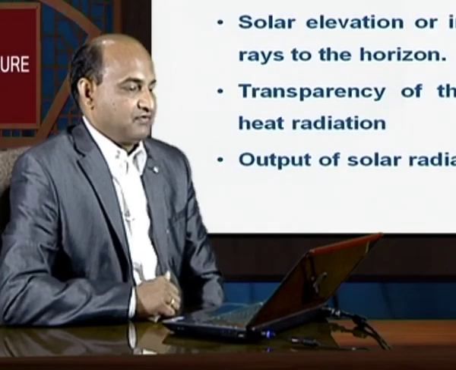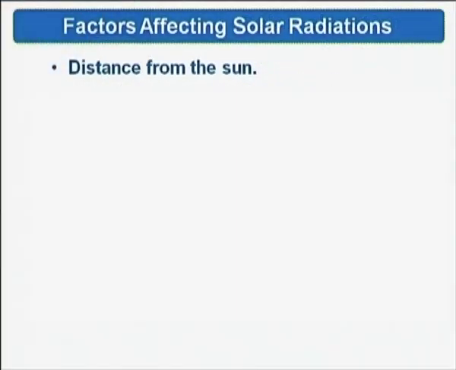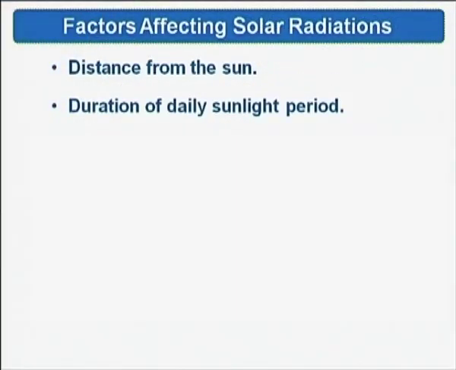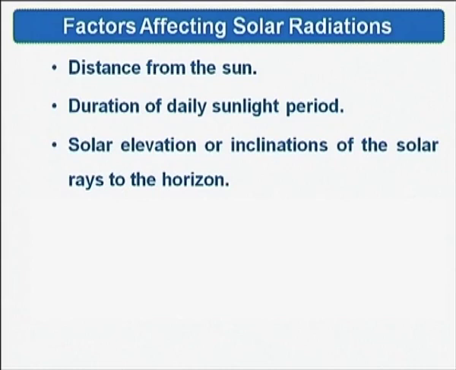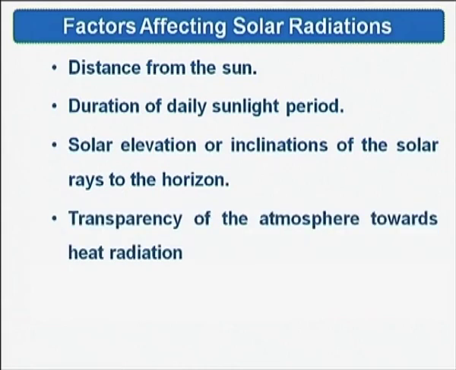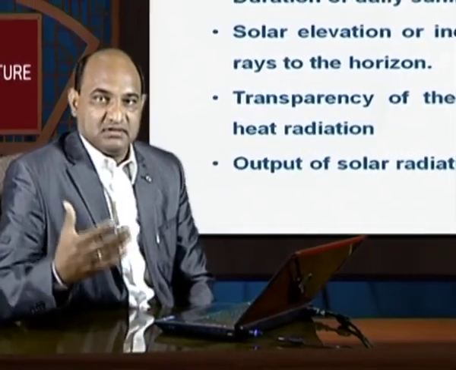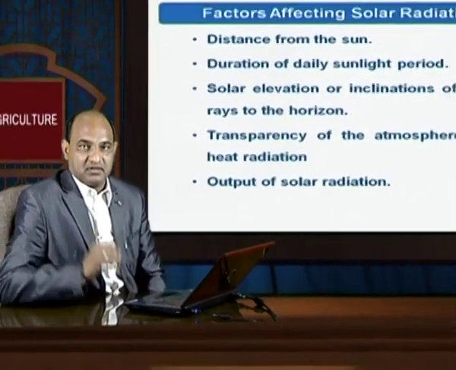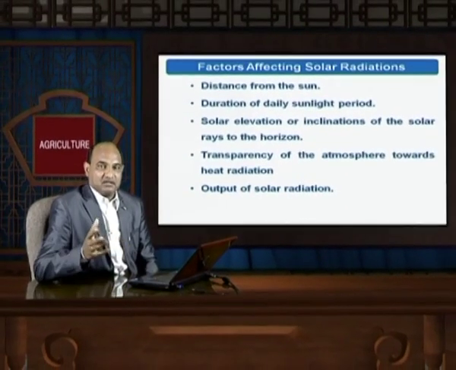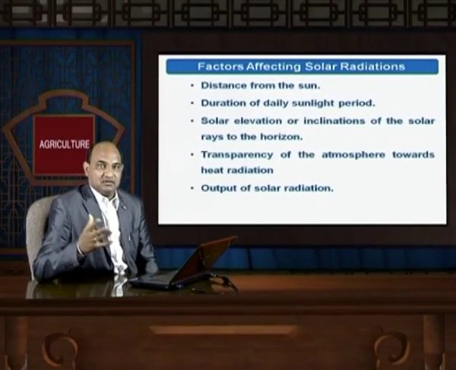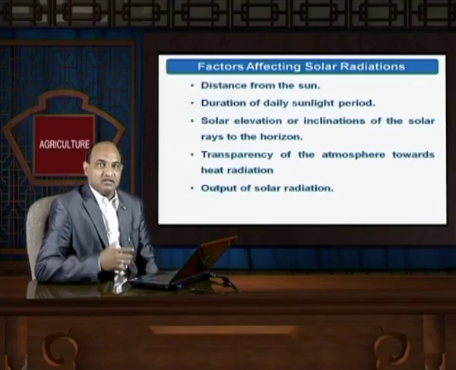Now the factors affecting solar radiation: the distance from the sun, duration of daily sunlight period, solar elevation and inclination of the solar rays to the horizon, transparency of the atmosphere towards heat radiation, then output of the solar radiation. These are the different factors which affect the quantity of solar radiation that is coming on the earth's surface. So what is the distance, what is the elevation, how much of the solar radiation is being emitted from the